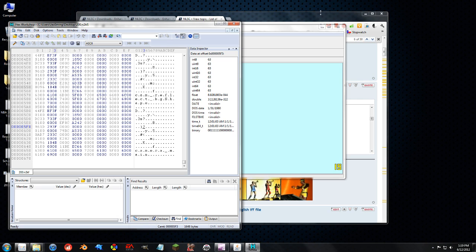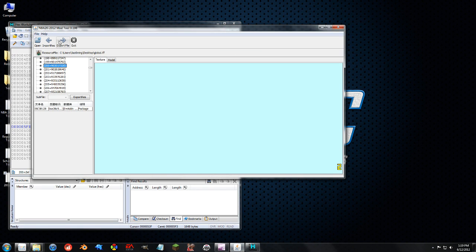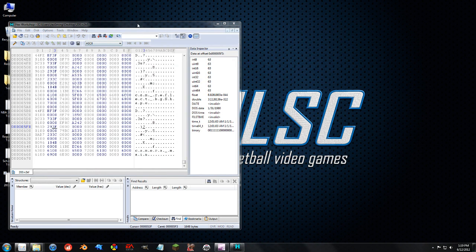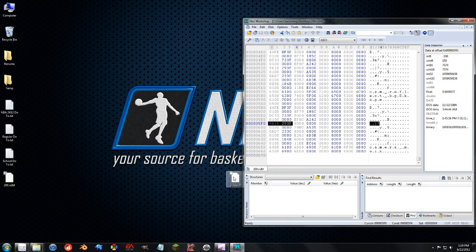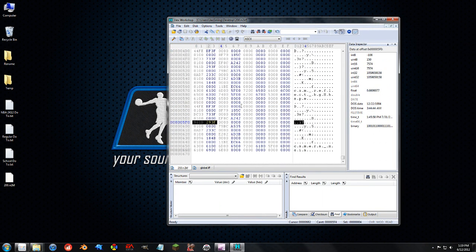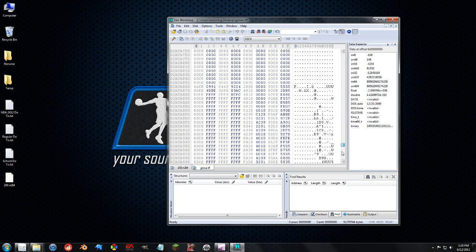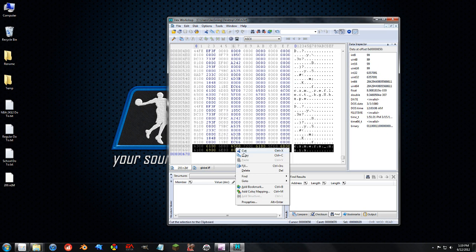The problem is we can't just edit it right here. You can't import these files back into the mod tool. You can only export it, so this is useless to us now. So let's say I found this one value right here, this 0.66, and I want to edit it. What we have to do is load up the entire global file into the Hex Editor, and we need to find this data in the big global file, which is much, much, much bigger. So I'm just going to copy this right here, camera main,